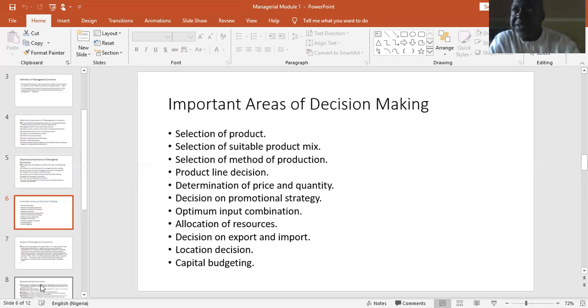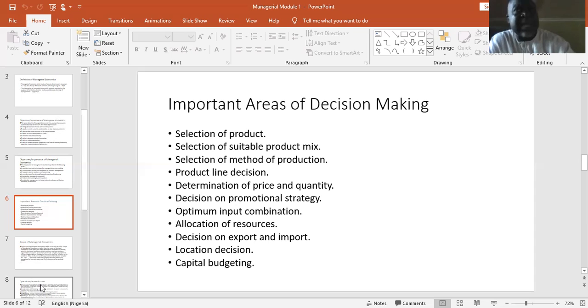what quantity are we going to produce relative to the available demand, because we have done a demand forecast and sales forecast. We have seen what is likely going to be produced by others, and then what we produce, how much market share can we take into that. Or decision on promotional strategy, that means the decision of advertisement. How do you create awareness for the product? How do you attract people to buy the product and stick to the product?